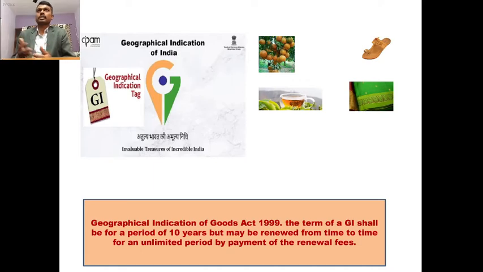Nagpur oranges, if you try to cultivate Nagpur oranges somewhere in the northern part, you will not get that, because there could be something in that climate, something in the soil qualities which is present only in that area, which gives that kind of flavor, that kind of taste to those oranges. Similarly with Darjeeling tea, it depends on those soil conditions and the climatic conditions that are responsible for the inbuilt flavor and taste of the Darjeeling tea leaves.